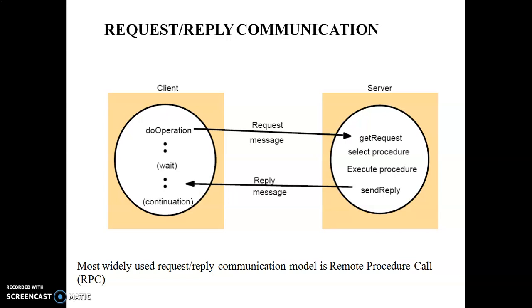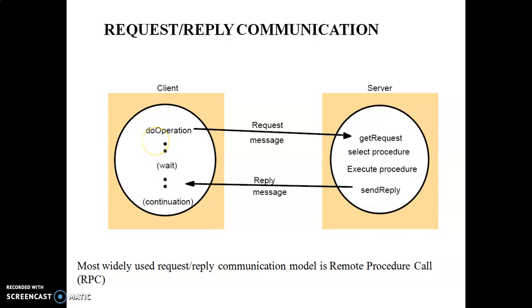The server receives this request message by using the get request procedure, selects the procedure that was requested by the client, executes that particular procedure, and sends a reply back to the client with a reply message.